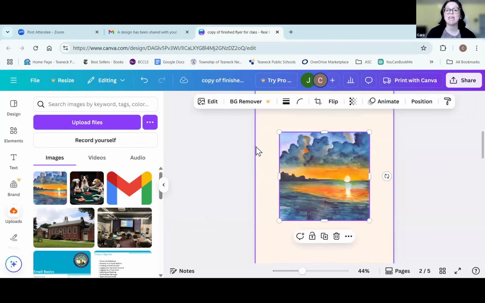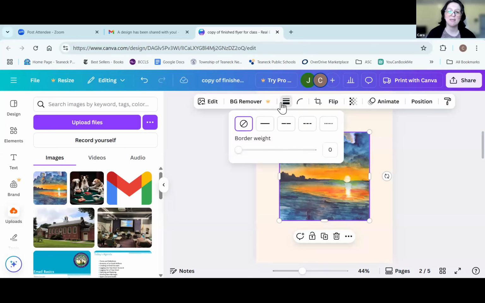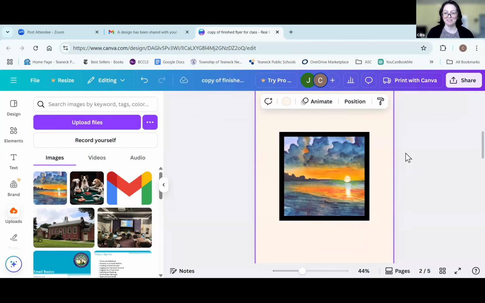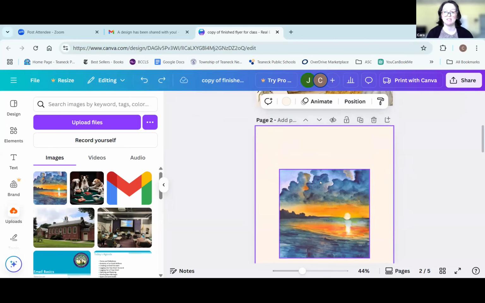So one thing that you can do is add a border. So right here, I can click on that, and then I can have a dotted border, I can have a thick border, and I can change the weight of the border. And this is really fun. It can be really fun. I'm gonna undo that, and I'm gonna show you how to add shadows to make it a little more three-dimensional,